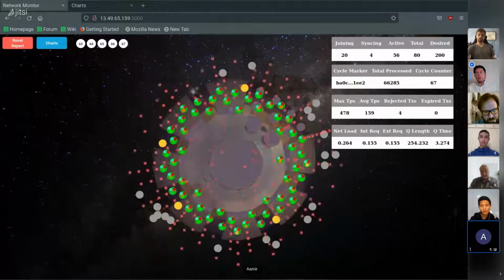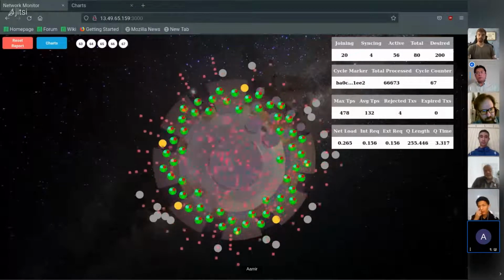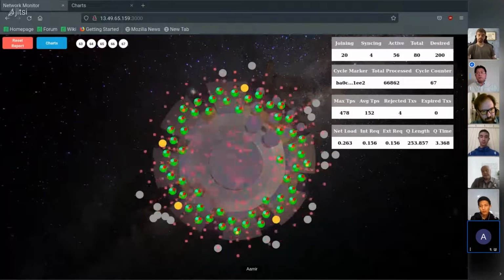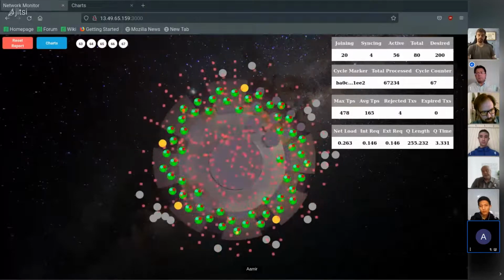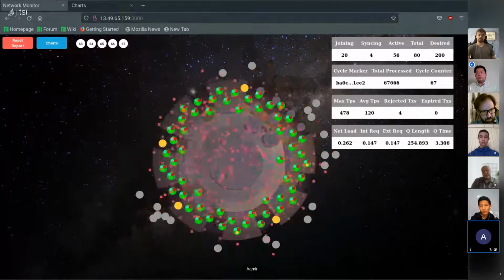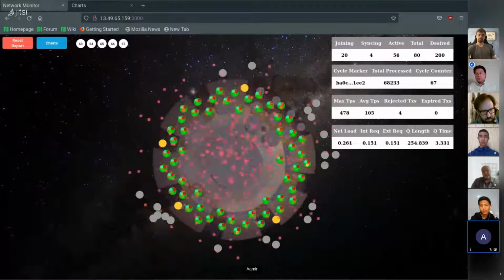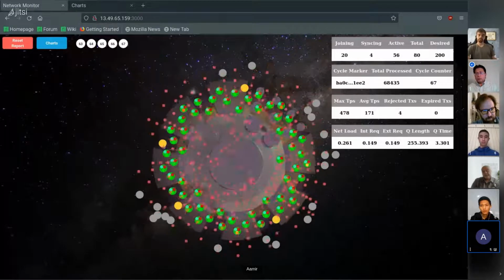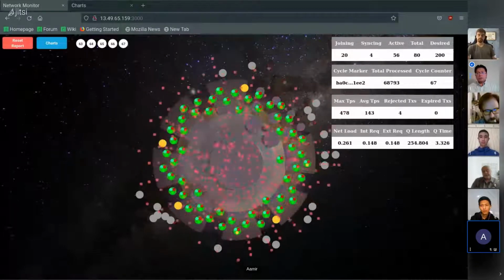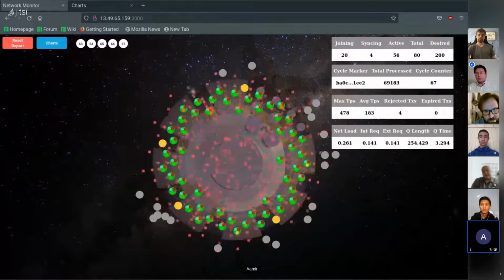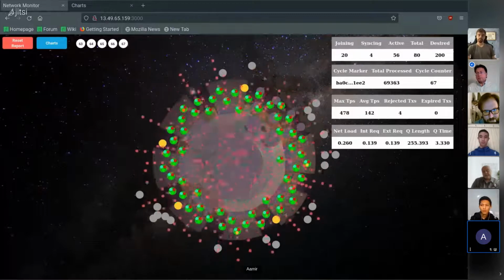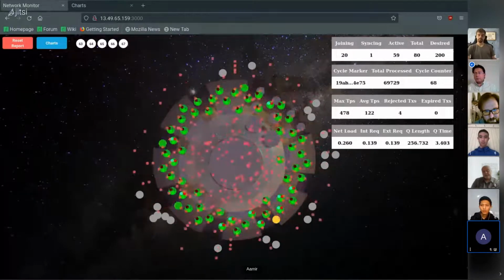But last night we ran this network with 200 nodes in it and pushed it up to 2,000 transactions per second, and we actually processed about 3.3 million transactions in a matter of 1.5 hours or so. So yeah,